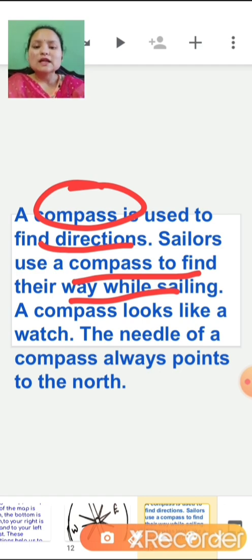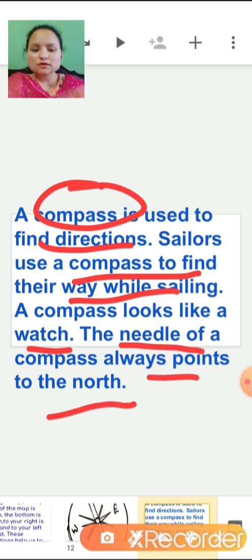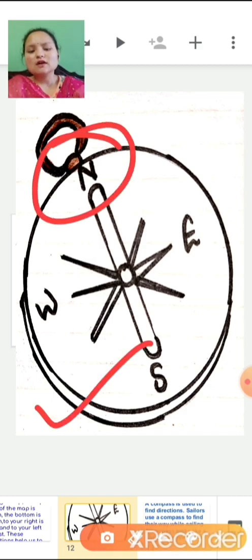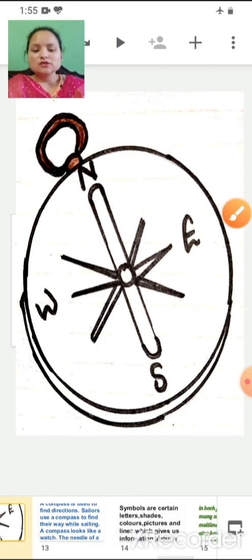A compass looks like a watch, as you can see in the picture, and the needle of a compass always points to the north. So the compass is the instrument which is used for finding directions.